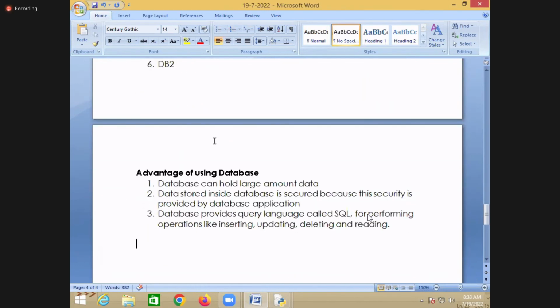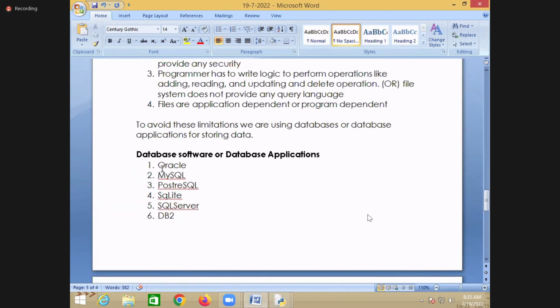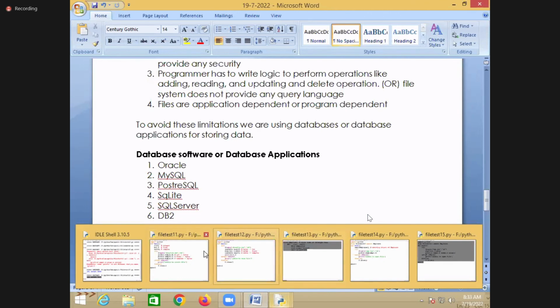Before talking about this, now you need to install one database. You need to install one database, right? So Python is a front end.